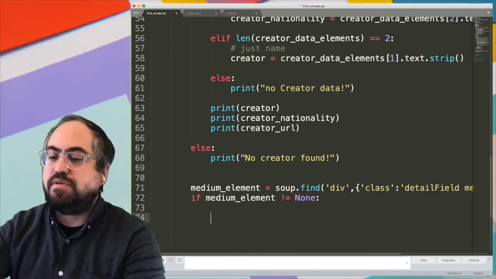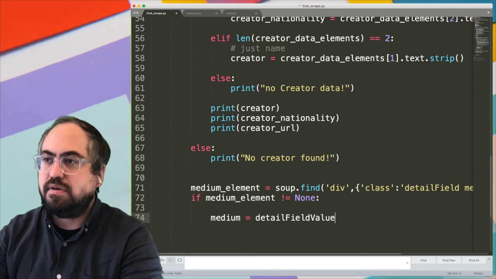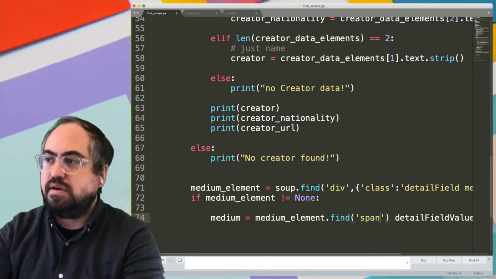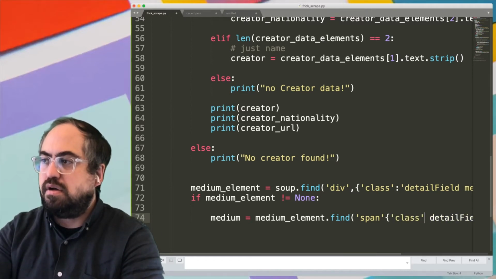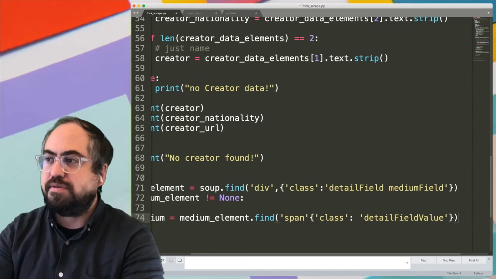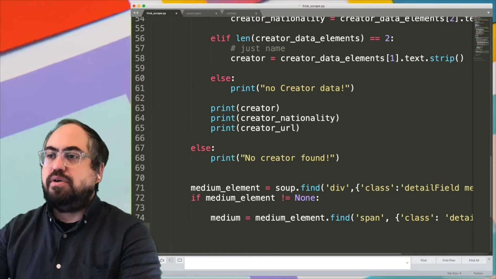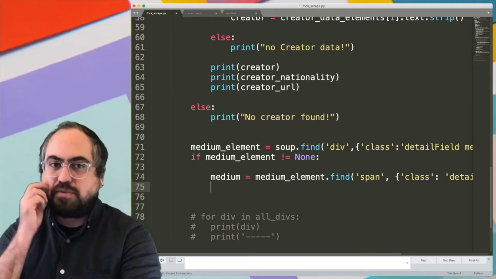And so we'll just say, okay, well, creator, or sorry, medium is going to be equal to our medium element. And we're going to find the span that has the class which is equal to detailed field value, close parentheses. Gotta make sure we put a comma there. All right, so now medium is going to be actually equal to the result of that query, which would be